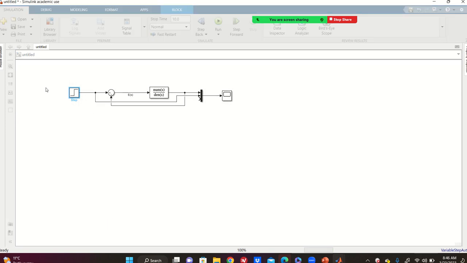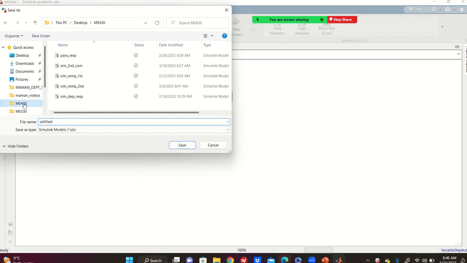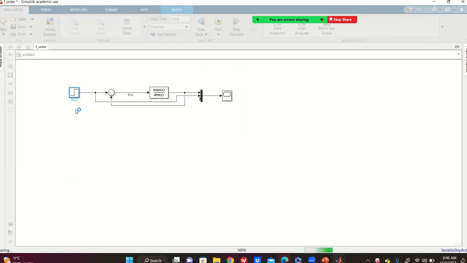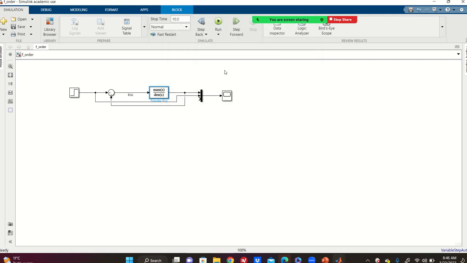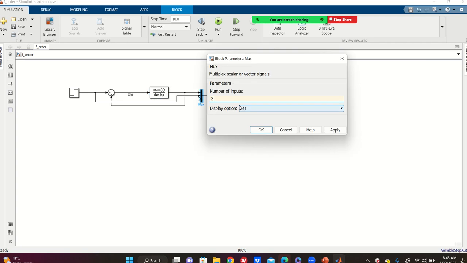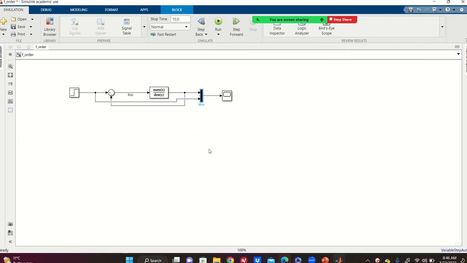And I'm gonna save this in ME40 fourth order system. Just let me double check this again. 0, 0, 1, 0, 400, 50,000. Okay. Then I'm gonna plot it, and there's no need for this to be amplified. So if I run this,